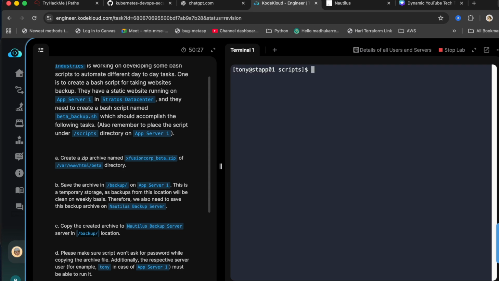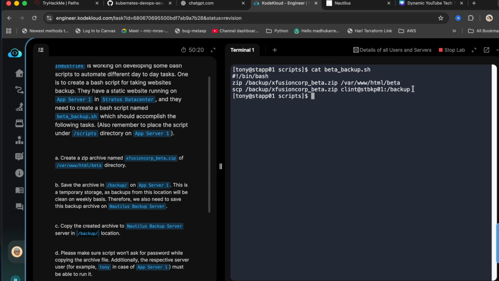So I used cat. If you look at that beta, this is the file we created. Inside that file we got these commands. So let's make them executable. chmod +x and give it the file name. If you do ls -l now, you can see the file, and this file got executable permission for user, for group, and others as well. So if you run this now,